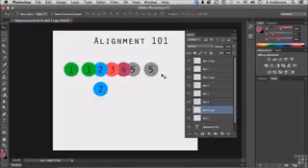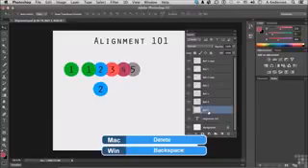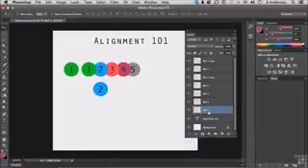Deleting is obviously very simple. If I don't want this one anymore, I can select it and press the Delete key, and that would be the backspace key on Windows and the Delete key on a Mac, and I wish somebody would get their keys together for me. If I don't want this one, another way would be to actually drag it down on top